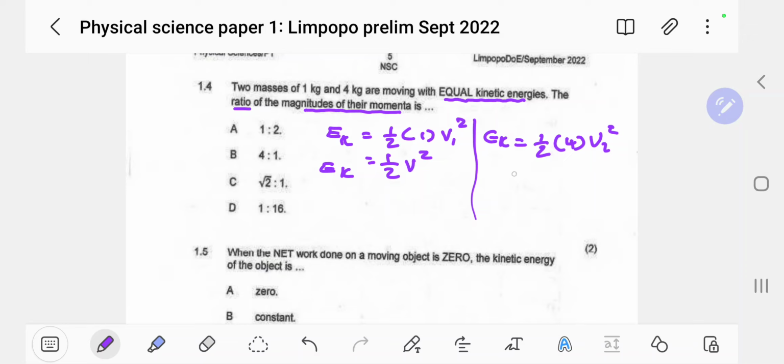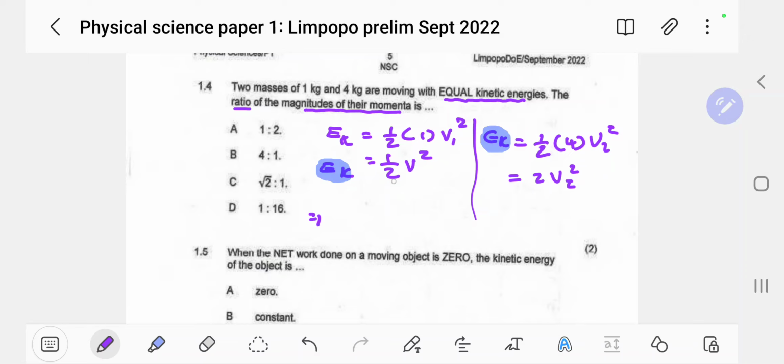That is great. And then when we solve this further, it becomes 2V squared, 2V2 squared. Make sure there are subscripts that separate these things so that you don't make a mess of things here. Now what do we know? We know that this guy over here is the same as this guy over here. Why? The statement says so.